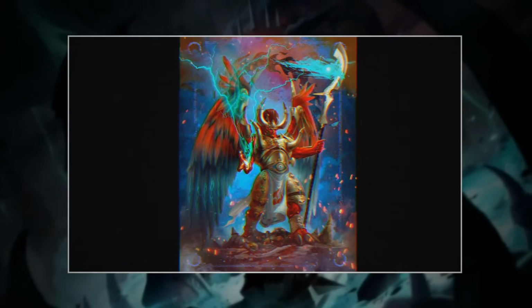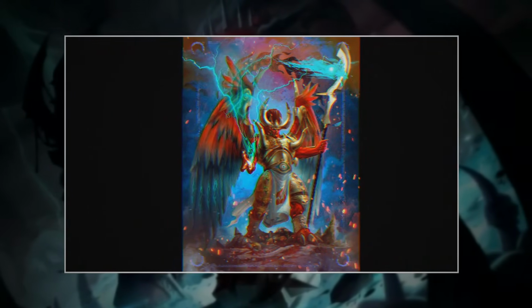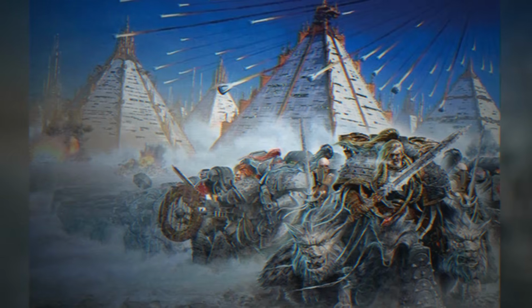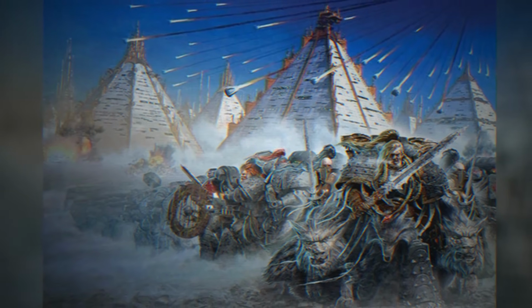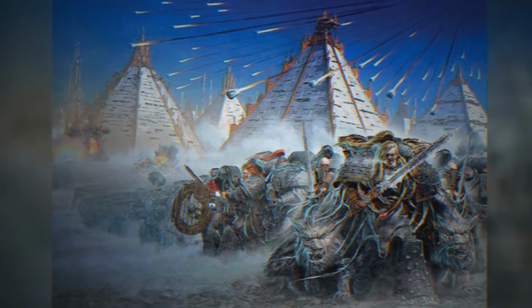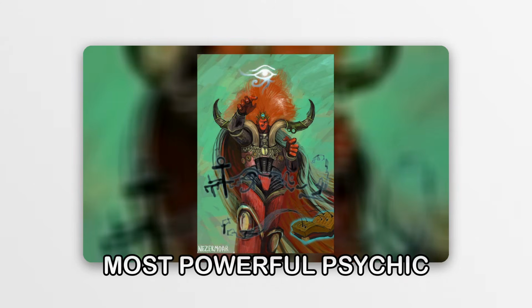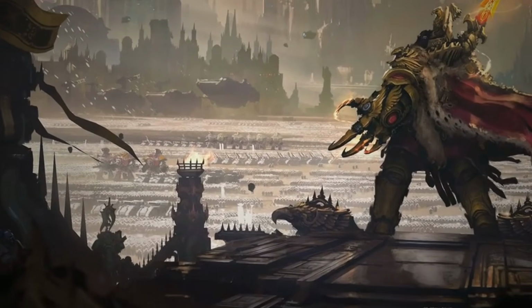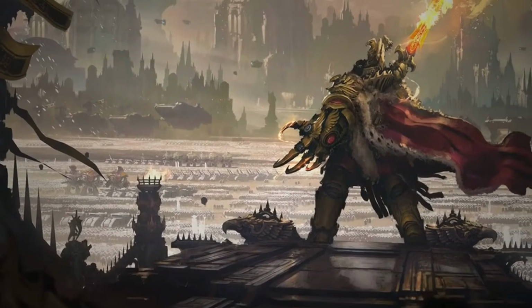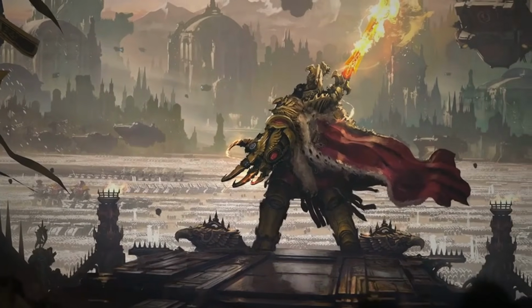Then there was Magnus the Red, Primarch of the Thousand Suns. He was found on Prospero, a world steeped in ancient knowledge and psychic lore. Magnus, a towering figure with a single cyclopean eye, was a prodigious psychic, perhaps the most powerful of all the Primarchs, save for the Emperor himself. He had embraced the esoteric arts of Prospero, mastering sorcery and arcane knowledge, transforming his adopted homeworld into a beacon of intellectualism and magical practice.